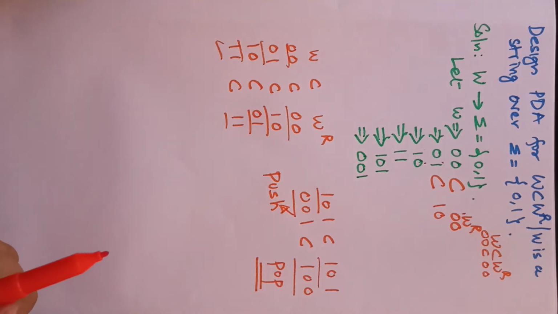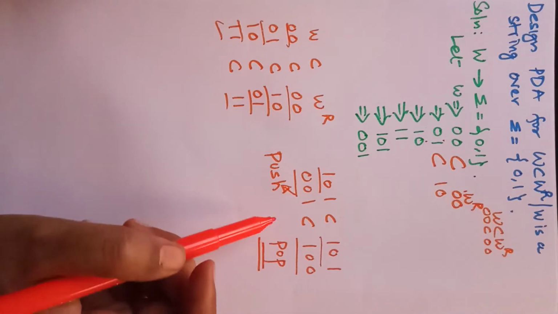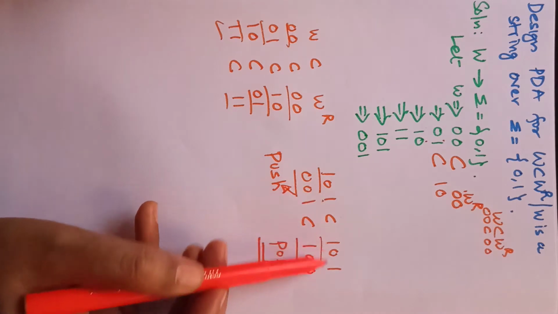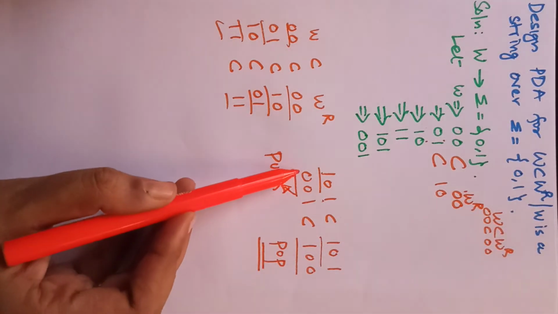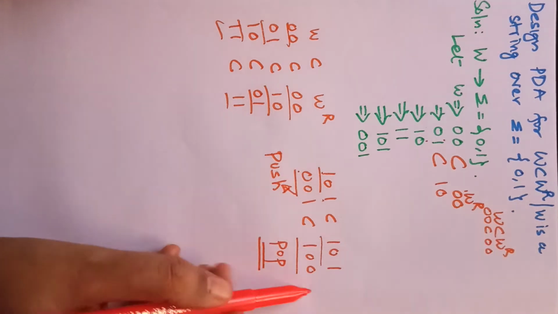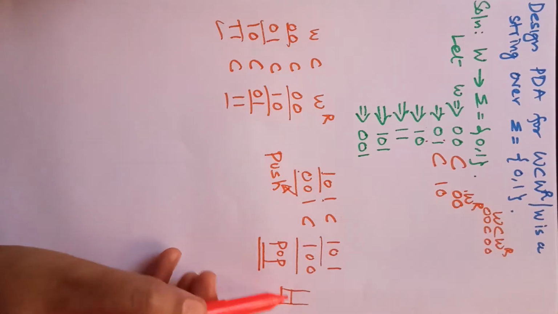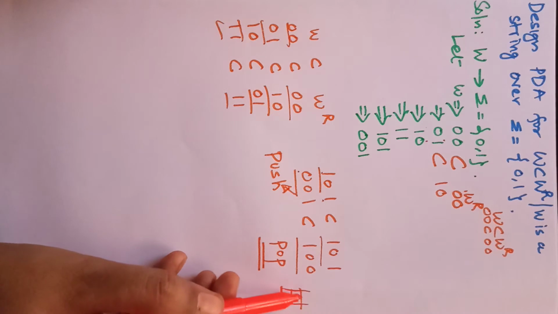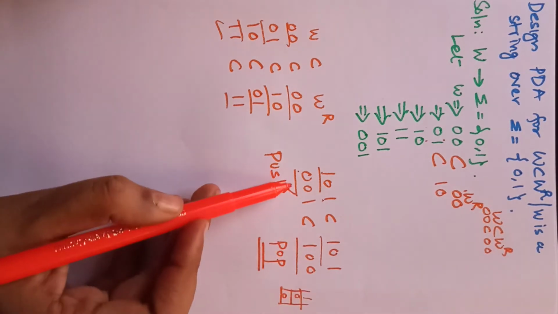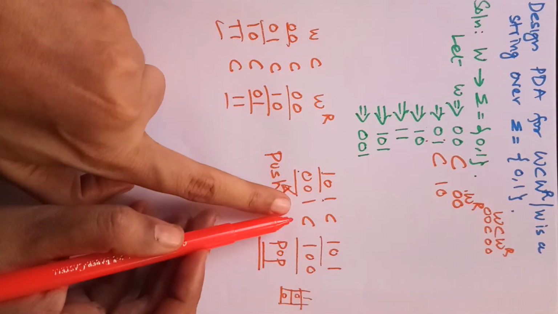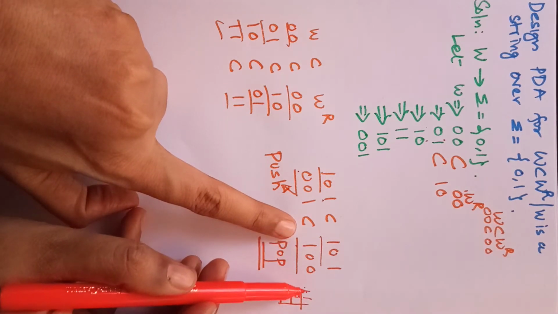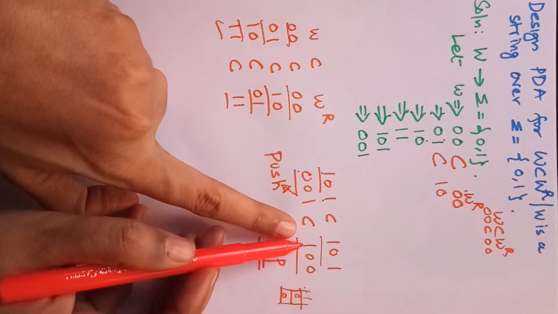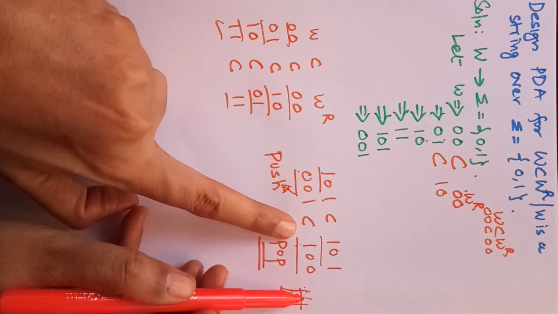C is a single element that does not have any matching thing. For 101 the matching is 101. For 001 the matching is 100. So 001 is going to be stored in the stack. First the 0 will be stored, then the next 0, then 1. After pushing this onto the stack, when we read the 1, the first element present on the stack will be 1. That is, for this matching 1 we have the corresponding 1 in the stack.